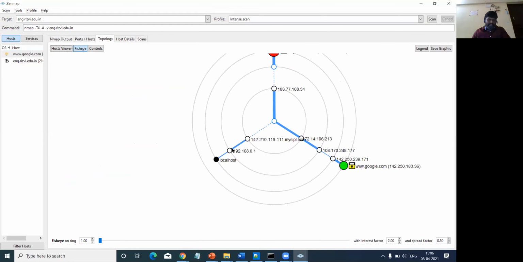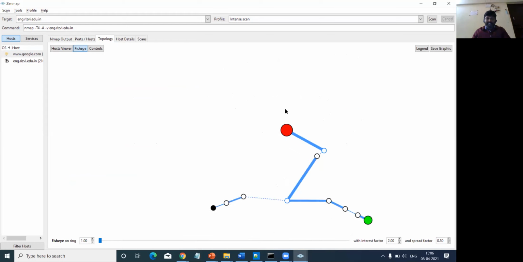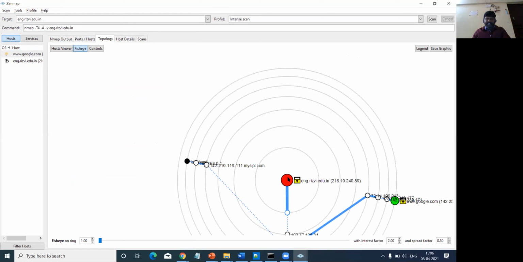So here localhost and then 192.168.0.1. This will be our gateway. Here this is the IP address which is assigned to our server, which is shown in red, which indicates that the server is running on the Linux operating system, and has been protected with the gateway, the firewall, with the IP address 216.10.240.89.